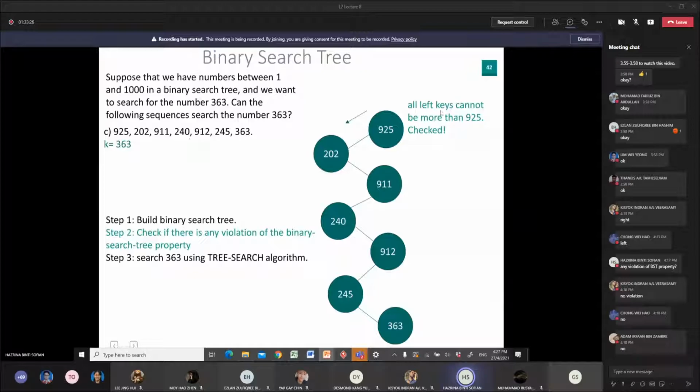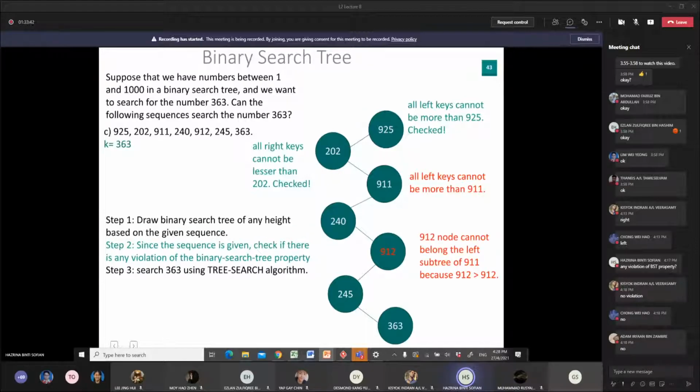So all left keys cannot be more than 252. Okay, we do the check. Everything is fine. Then all right keys cannot be lesser than 202. There we check. Okay. After we do the checking, we found out that